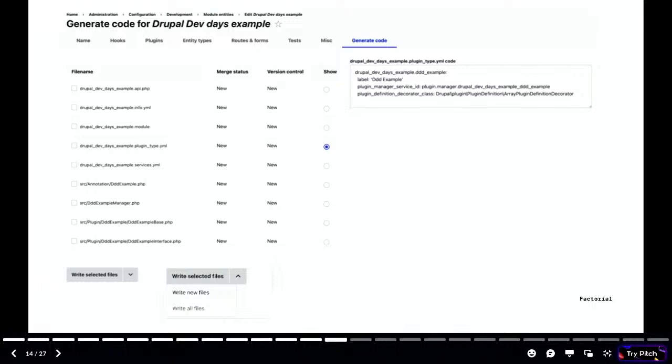So we can save, and then we can go to the Generate Code tab. Here is when everything comes across to reality, to our real module. So we have this preview window on the right side, and we can check all the things that this module is going to write for us. For example, this is checking the plugin type code, super small. It's the YAML,